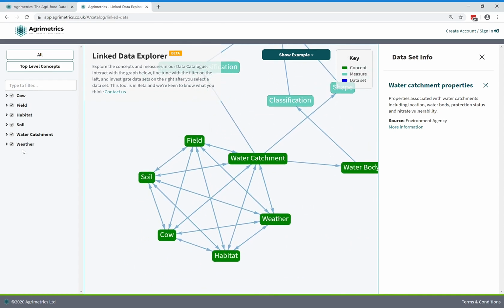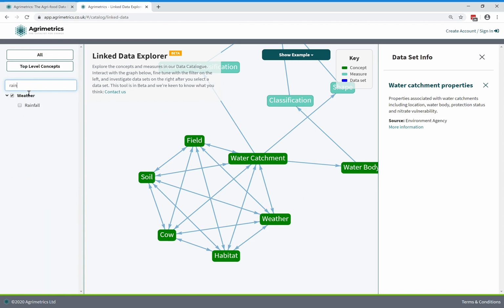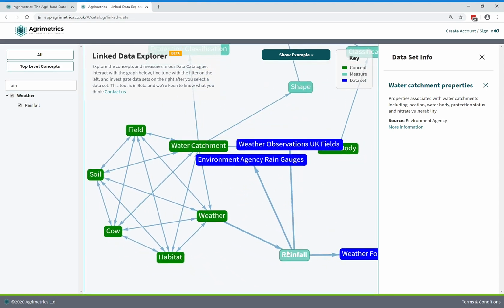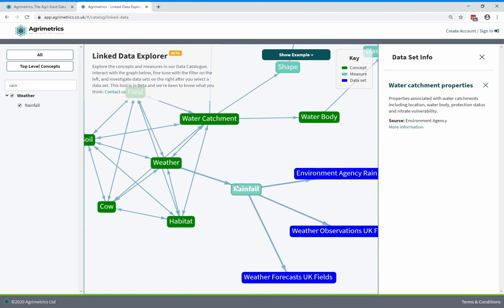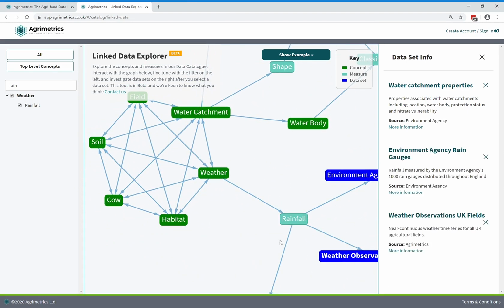Now on the left is support to help me with finding what I want. So for example, if I was interested in finding out rain as well in relation to the water catchment, then what data does Agrimetrics have on rain? Oh, we have rainfall data. And actually, interestingly here, the rainfall data is present in 3 different data sets. So you can see those data sets detailed there, and I can find out which data set would be most